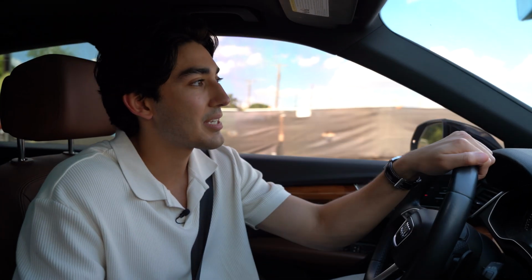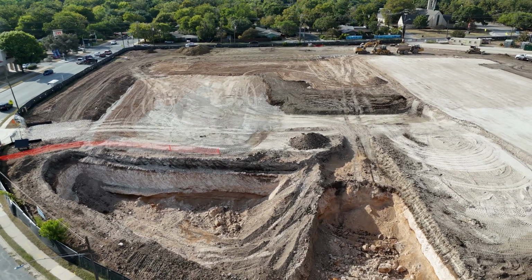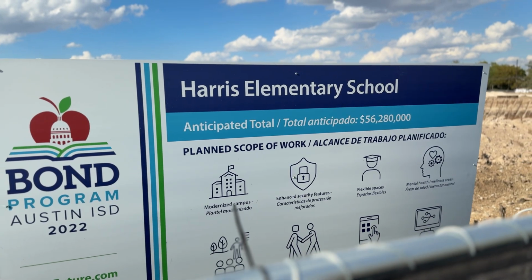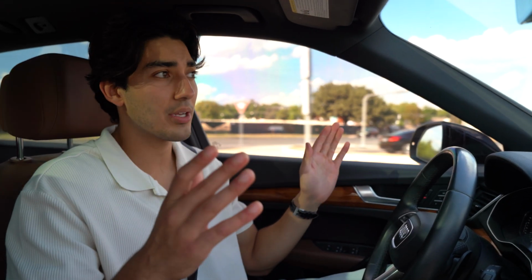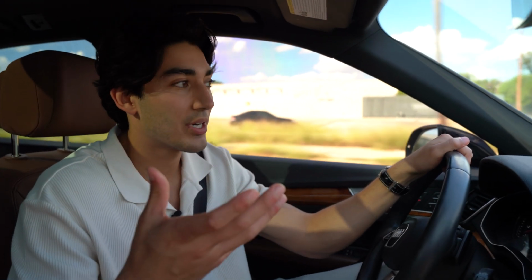Right here to my left is Harris Elementary, or Harris Middle School, excuse me. There's an Austin bond program, which was a taxpayer incentive program in 2022 that designated a couple $100 million towards redeveloping schools in the neighborhood. And it was actually for the entirety of the city of Austin, but of all the schools they're redoing, probably more than half of them are in 78723, the zip code where Windsor Park is located. The other one that we're gonna drop by and show you really quick is Bertha Sadler Means, which is a middle school. It's a young women's leadership academy, but it's like the renderings of what it's gonna look like, night